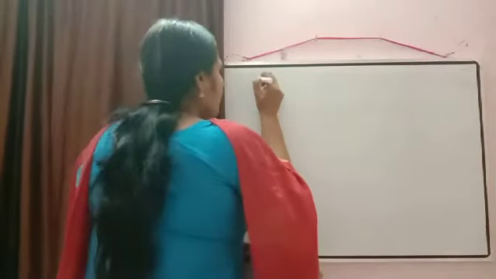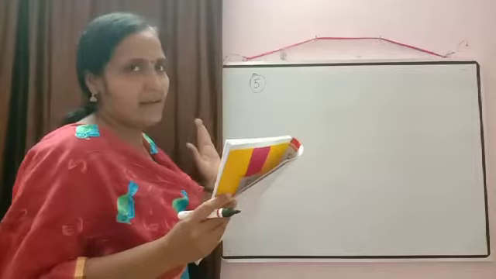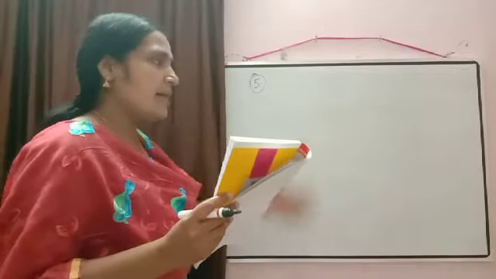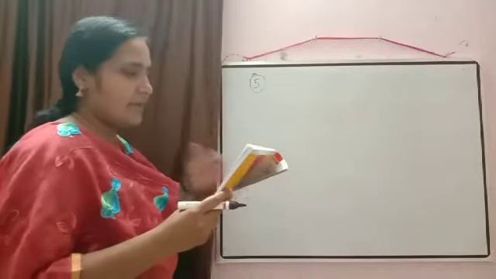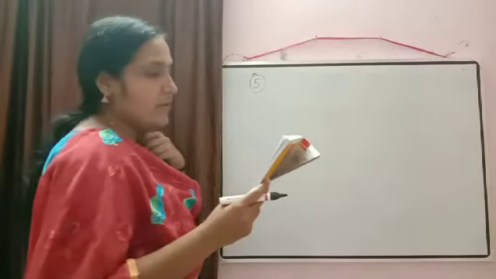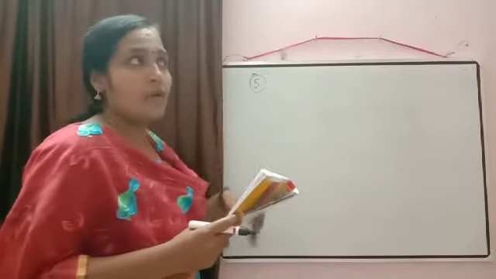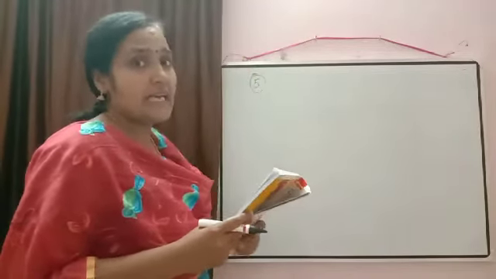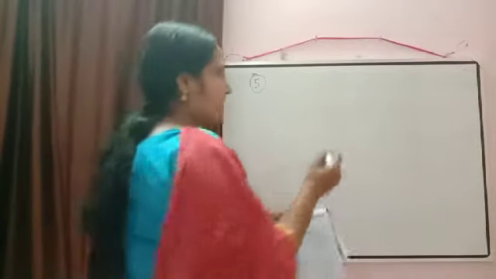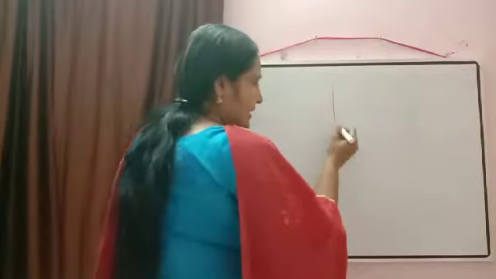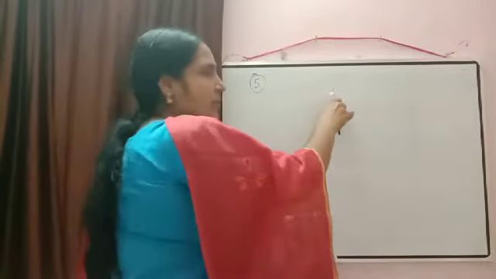Steps are very simple, but the main thing is you have to draw the diagram correctly, because if the diagram is wrong, all the rest of the calculation will also be wrong. Now it is given the length of the shadow of a tower on the plain ground. Obviously, the shadow will be formed according to the position of the sun. Suppose this is the tower. Where will the shadow come? The shadow of the tower on the ground only.